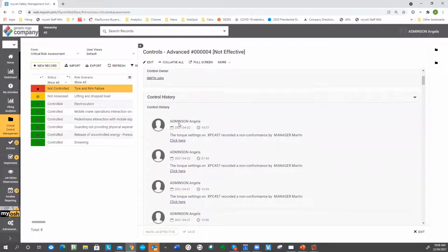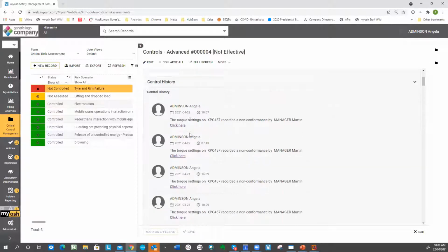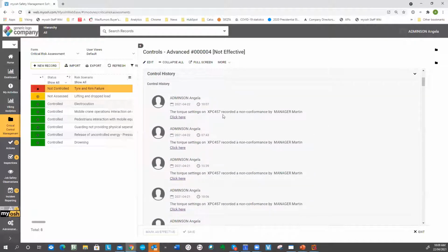So what's happening here is, as we're getting failures, in other words, when we're doing verifications and like an inspection, we've answered no, it's not in place. It's now updating this and it's giving me a list of all the failures. So we've had a failure of this piece of equipment, a non-conformance, Martin Manager was doing it, and I could click there and I could actually open up the inspection that we were completing earlier. So in this particular case, we can see that it's basically updated that to the one that I've just done, and it